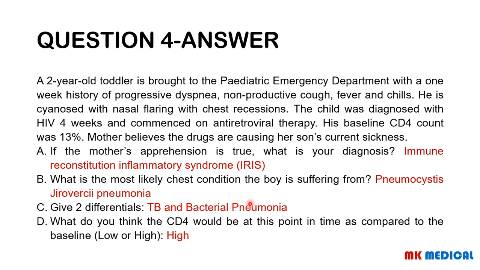Now here's the catch. What do you think the CD4 count is going to be now if they have IRIS as compared to the baseline? So it would actually be high. Why? It's because of the underlying pathophysiology of IRIS. Remember that IRIS is due to how the immune system is reacting to, for example, the opportunistic infections that were being collected, or the opportunistic infections that are masked. So this overwhelming response, the production of the pro-inflammatory markers, the production of the cytokines, is what is bringing on the symptoms and causing the patient to appear as if they're deteriorating or they're worse.